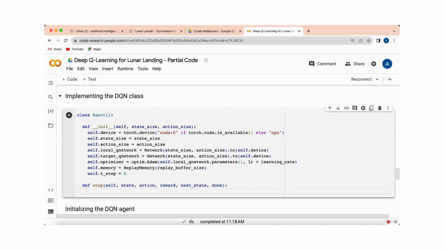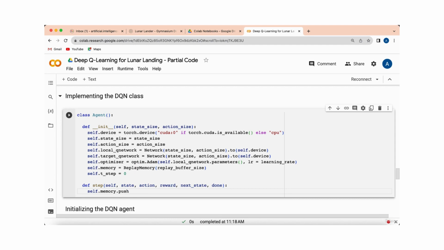Let's implement it. So the first thing it's going to do is to store the experience in the replay memory. And therefore, since we already created our memory object with self.memory as an instance of the replay memory class, well, we're going to call our self.memory object. So I'm taking it here, and then I'm pasting it right here. And then remember, in the replay memory class, we also implemented the push method that stores an experience in the replay memory, and therefore, of course, we're going to add a dot here to call the push method from this